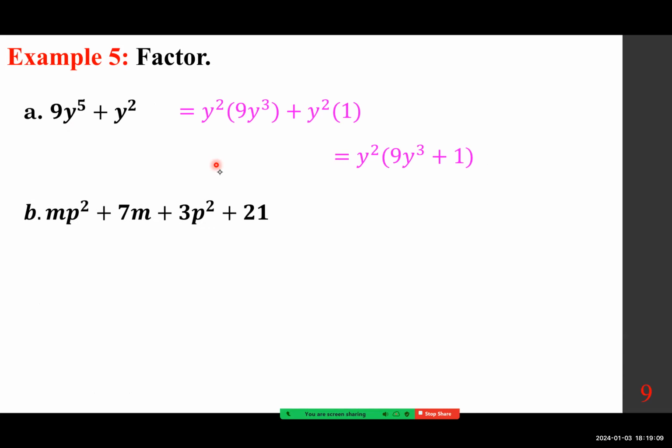If you have four terms, you have to do it by some sort of grouping. And for the grouping, you do the first two and the last two. If it works, fine. If not, the first and the third, second and fourth. If not, first and last and the middle ones. So let's do the first two